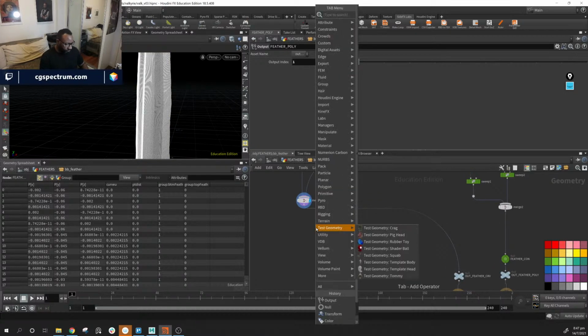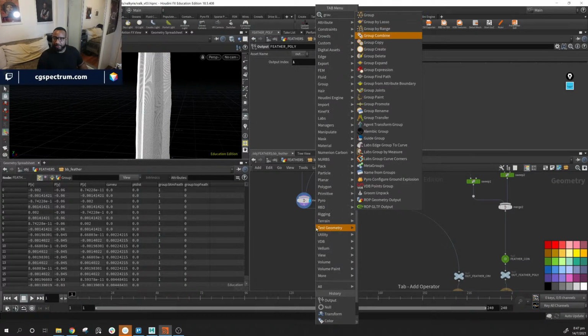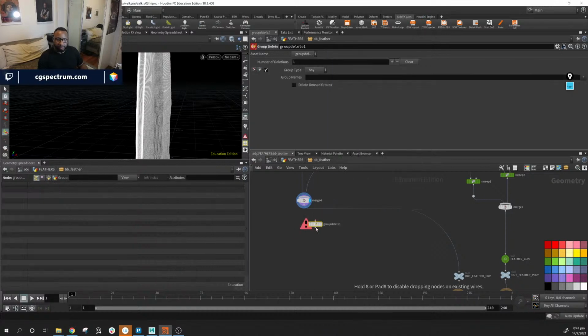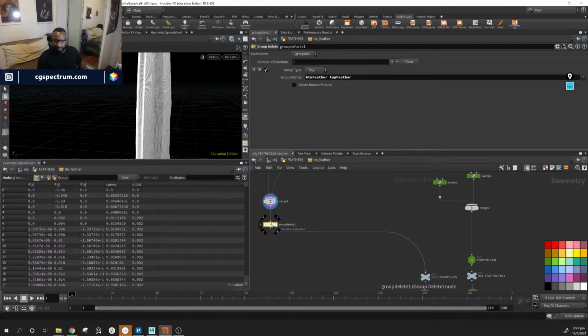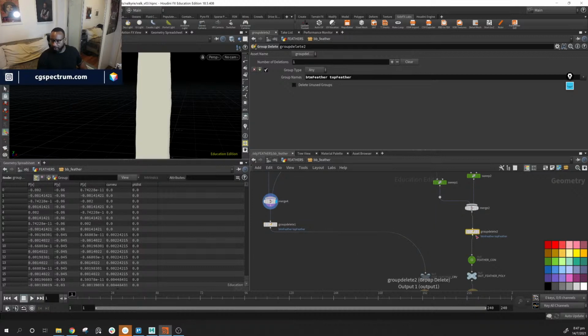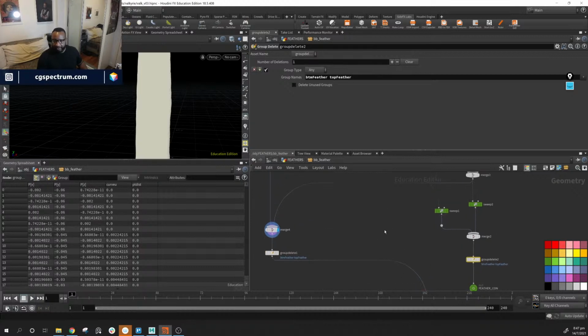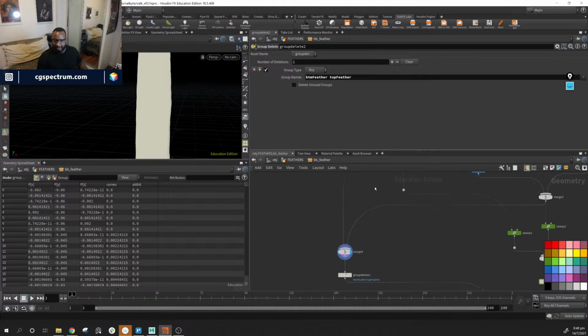So group delete. Group names. I'm gonna say bottom feather and top feather. So get rid of those point groups. Okay, cool. So now I know I'm getting rid of those, but now I want to make like my overall